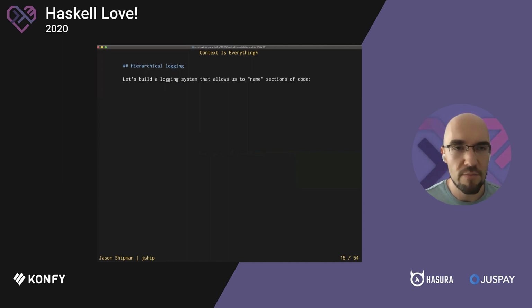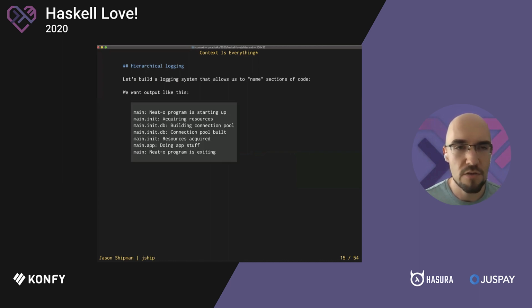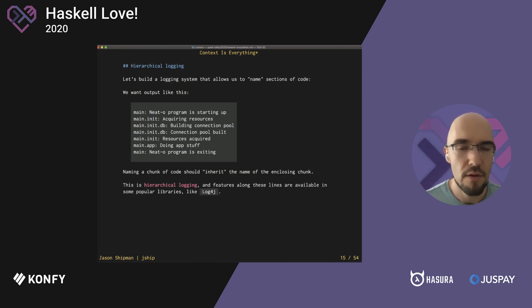of just saying you want to name sections of code. So this is kind of some example output here. We have this root name of main, and then a log message, and then within main we have this kind of init section, and then a DB section, and so on. So it's when you have a root name to start with, and then any subsequent names that you apply inherit the name of the enclosing chunk. And so we can lean on context to do pretty much all the work for us in this